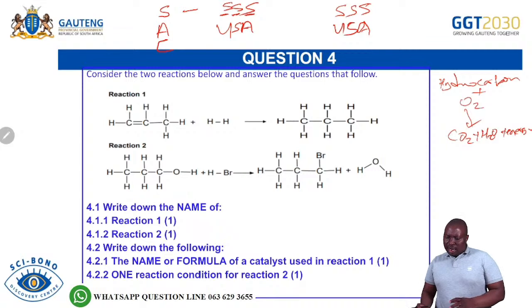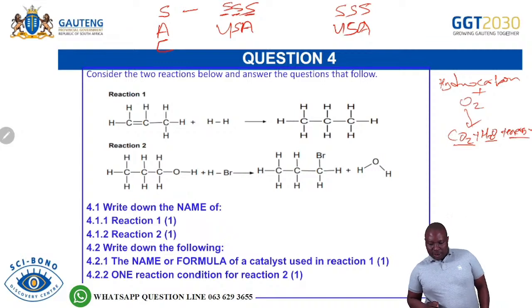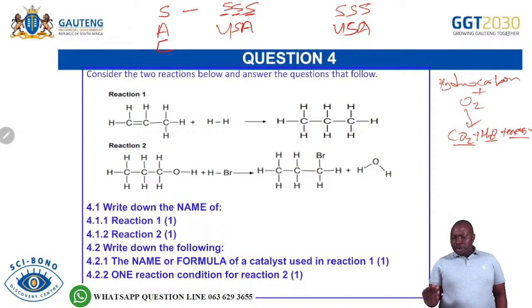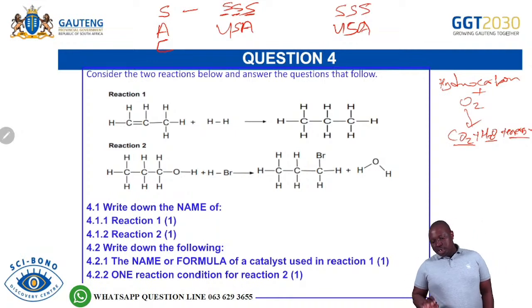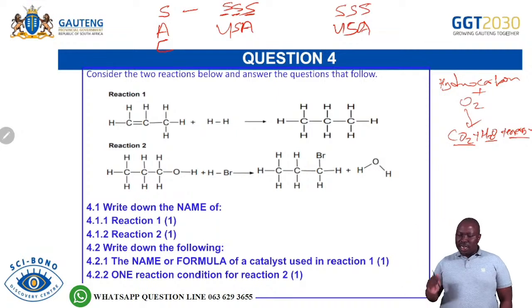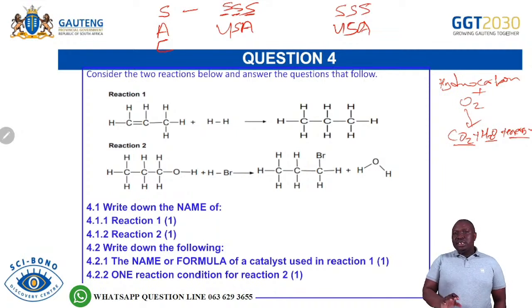This is our oxidation or our combustion. So that will depend on the amount of oxygen. If we are using excess oxygen, we'll form carbon dioxide, water, and energy. And for our studies, that's what you must know. So it means immediately when you see hydrocarbon reacting with oxygen, you will know that that is going to undergo oxidation or combustion. Then you are able to say, okay, this is going to form carbon dioxide, water, and energy. Carbon dioxide, water, and energy are formed. So please, these are your reactions.